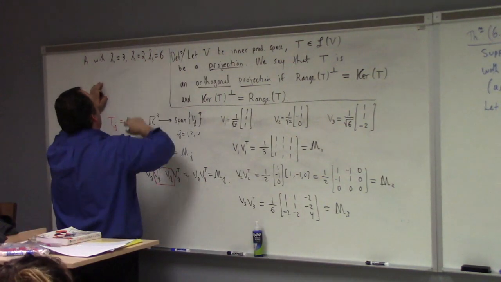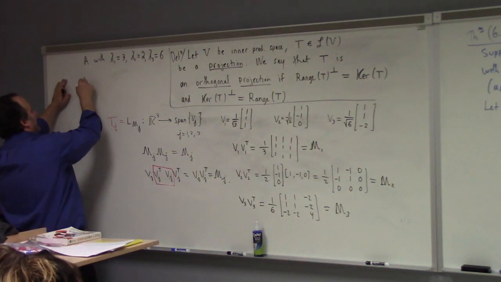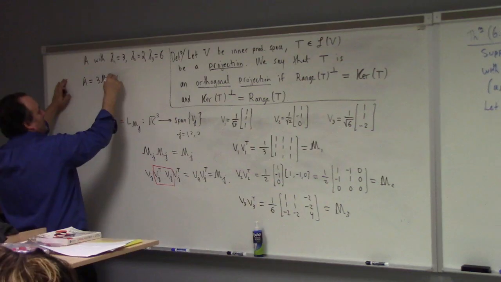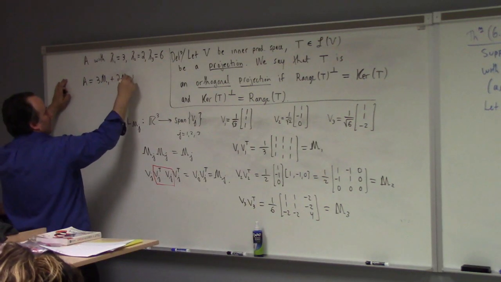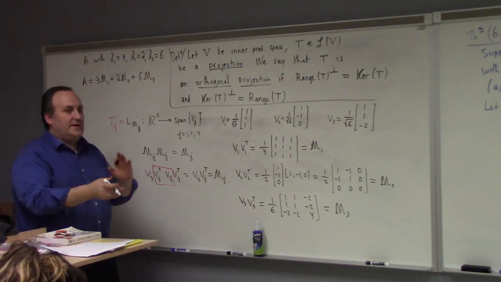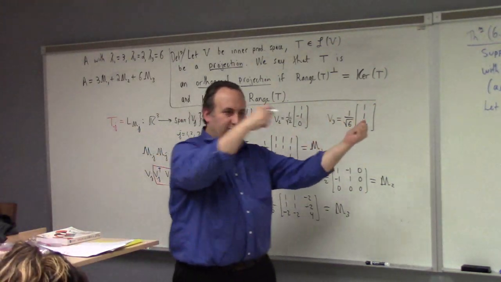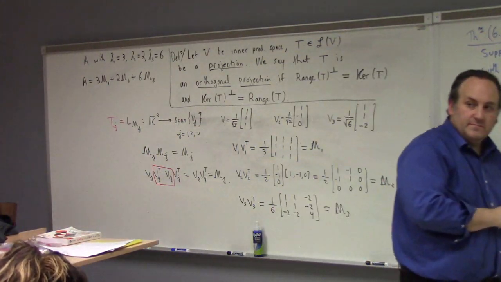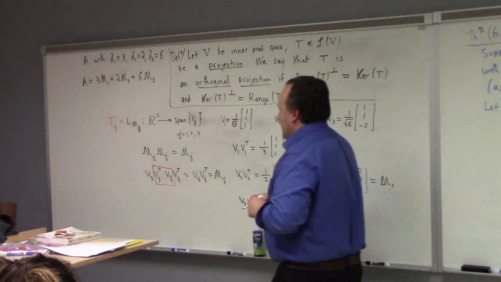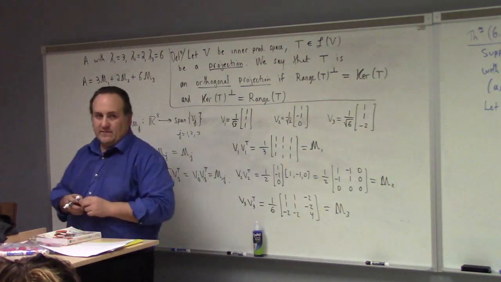That would make it easy, wouldn't it? So if A is equal to 3 M1 plus 2 M2 plus 6 M3, what I'm doing, guys, is reverse engineering a matrix with the spectral theorem. I'm building the spectral operators from a given basis. And the reason I picked 3, 2, and 6 is so that